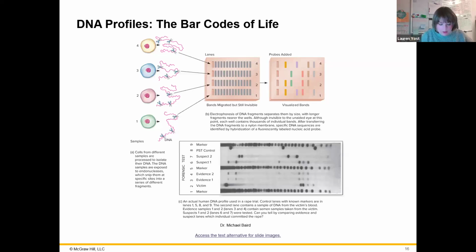So we have in the next slide, suspects of a crime and victims of a crime. And we can see evidence from that site. We see evidence, 2 pieces of evidence and the victim's DNA. We can see that we have 2 different suspects and that our evidence samples seem to match suspect number 1. And so we can identify who we think committed a crime based on their DNA fragments from cutting them up